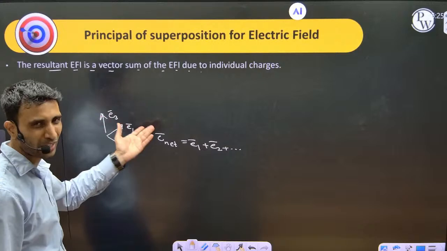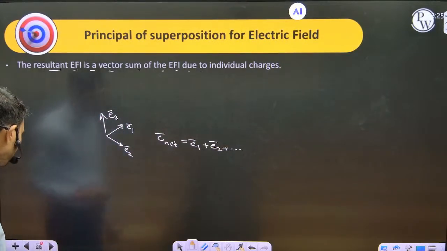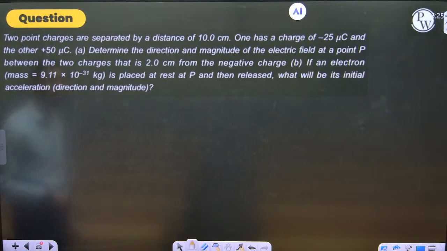That is the principle of superposition. I think this is very straightforward. Net electric field is the sum of the electric fields. There is nothing I have to tell you there. Now see,